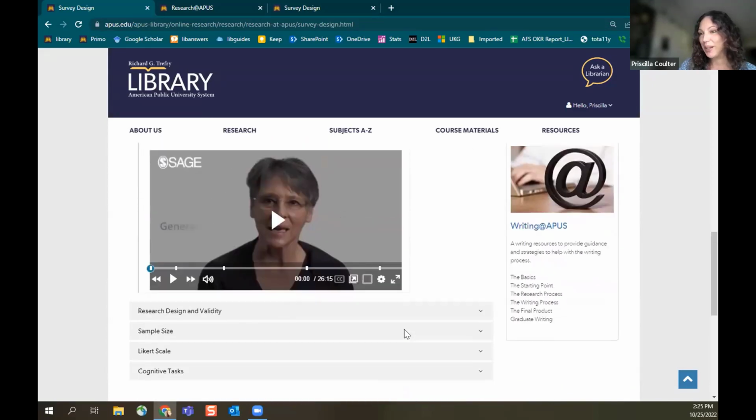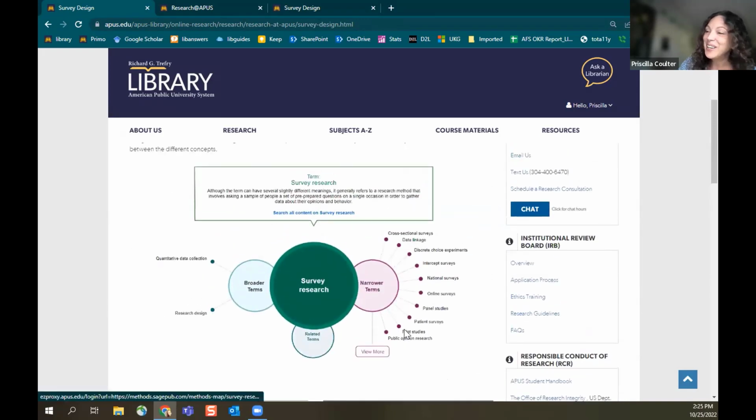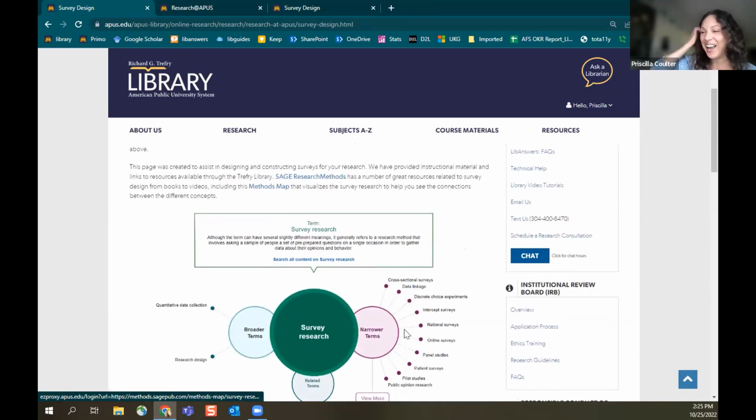I'm going to scroll back up at the risk of making everyone dizzy. I'll try to go slow. We'll take a look at the methods map for survey research. Now, this again is for broad level methods mapping for survey research as a whole. But you'll see when we get in here